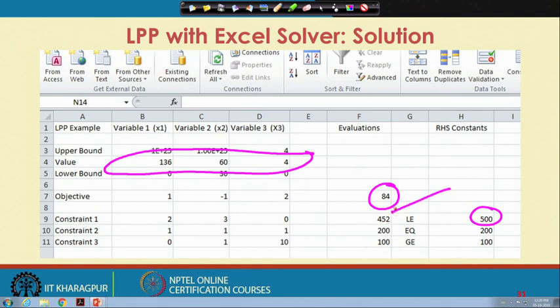So, the value of the constraint for these x1, x2 and x3 is 452, which is less than 500. Second constraint's left hand side was equal to 200. So, satisfied. The third constraint was greater or equal to 100. So, that is also satisfied as equality.